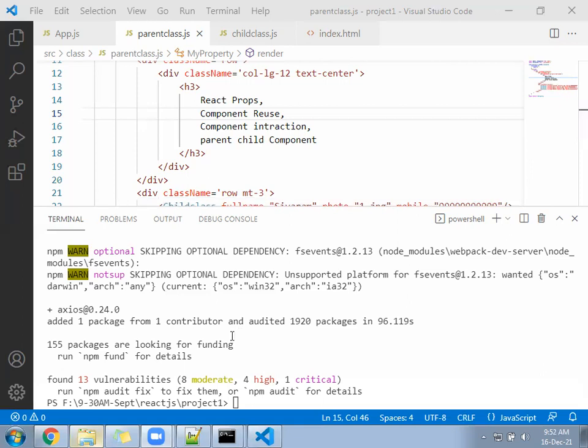Installation is done. npm install axios.